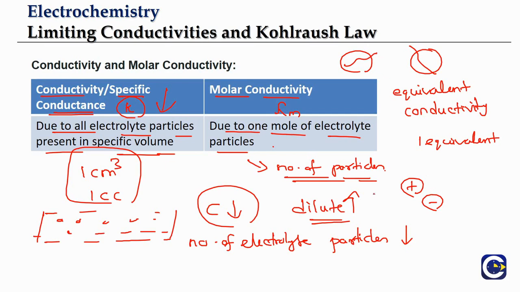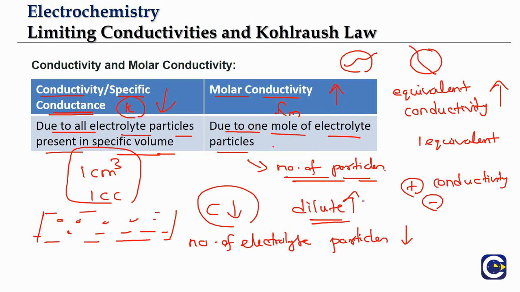The general observation is, on diluting, the molar conductivity value will increase and the equivalent conductivity value will also increase. Why? Because here we are fixing the number of moles of particles. For the molar conductivity, 1 mole of electrolyte particles are there already, and if you dilute, usually at normal concentration not all the 1 mole particles are going to dissociate, and only the particles dissociating will give ions. Only ions will result in the conductivity or conductance. So we require ions.